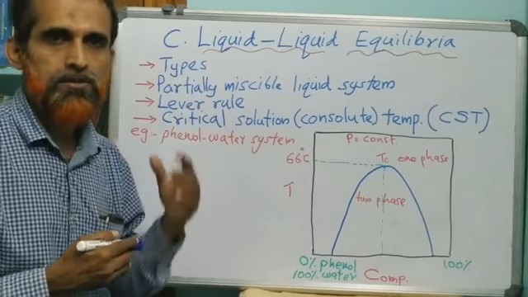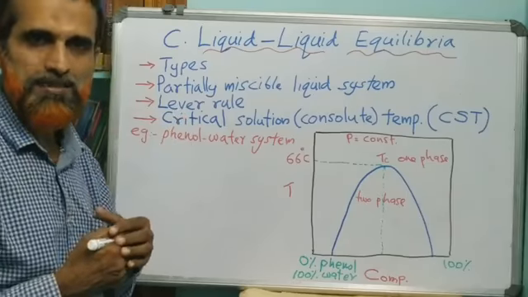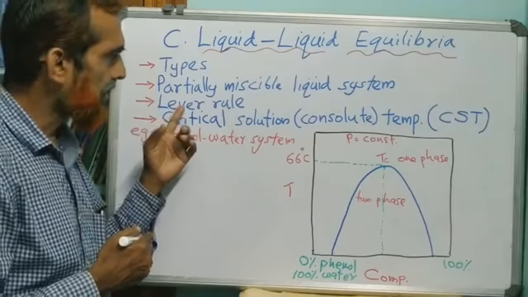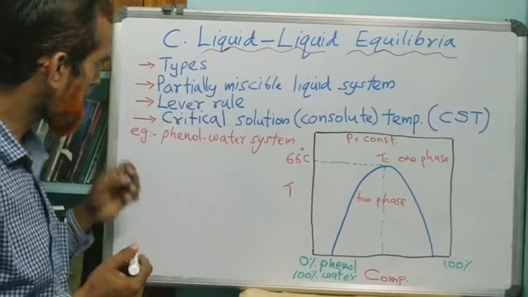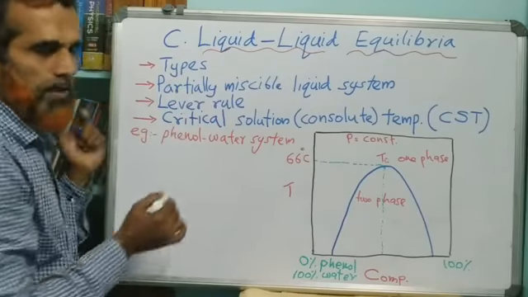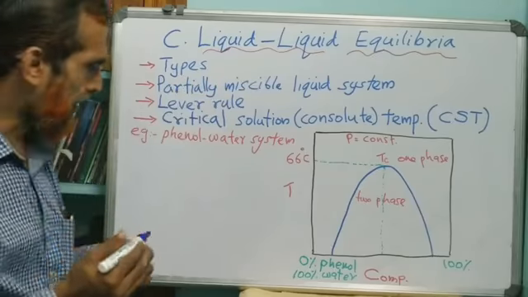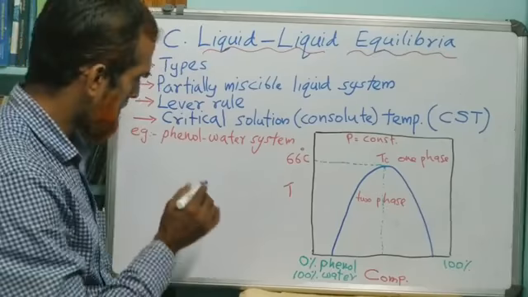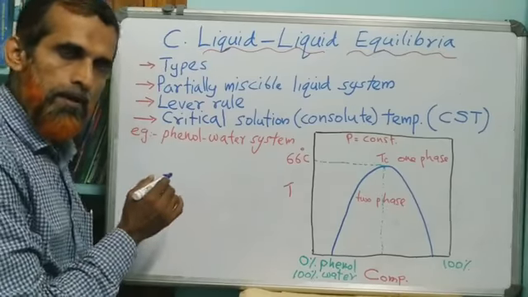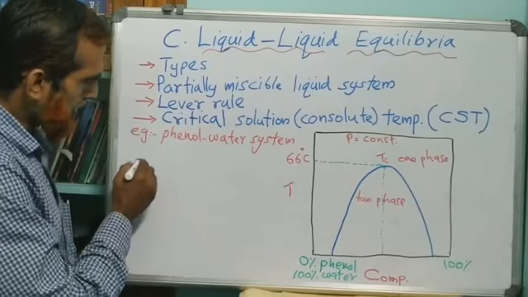Related to this discussion, we come across two important terms: lever rule as well as critical solution temperature. First of all, what are the types of liquid-liquid system or liquid-liquid equilibria? We are considering a binary liquid system. That means a system involving two liquids, which can be of